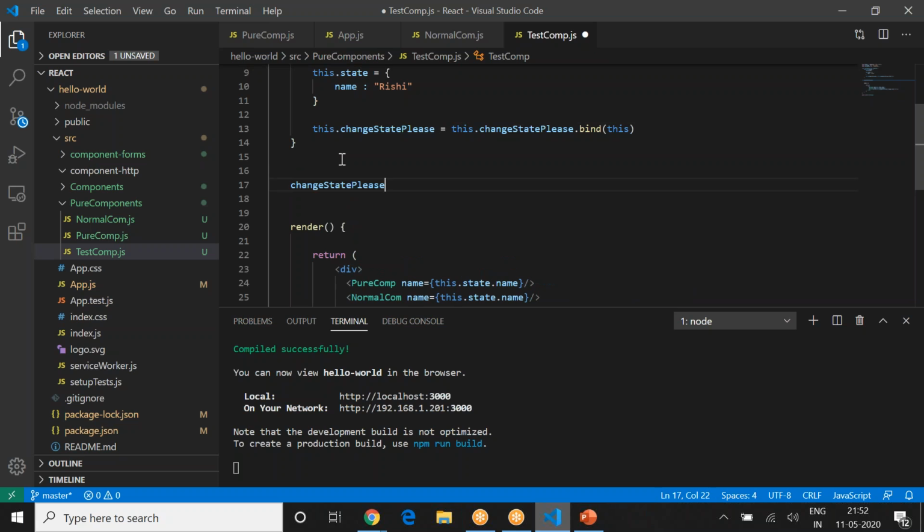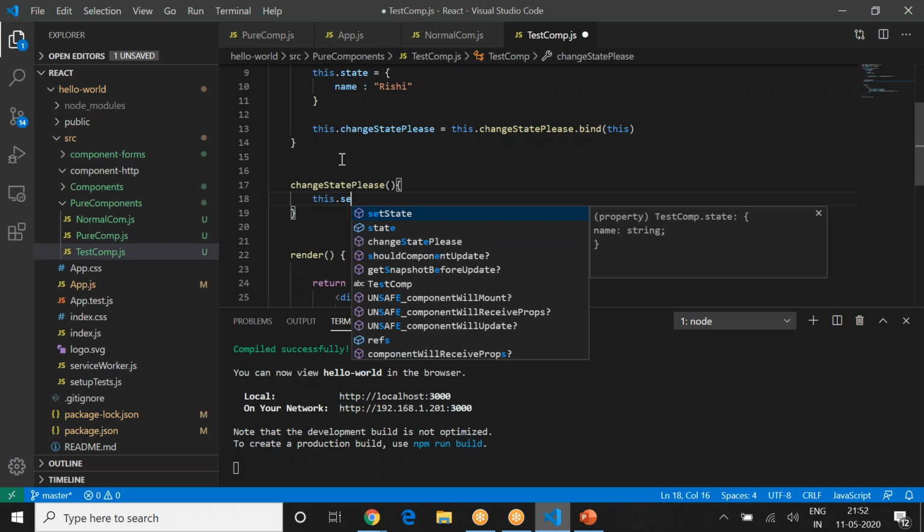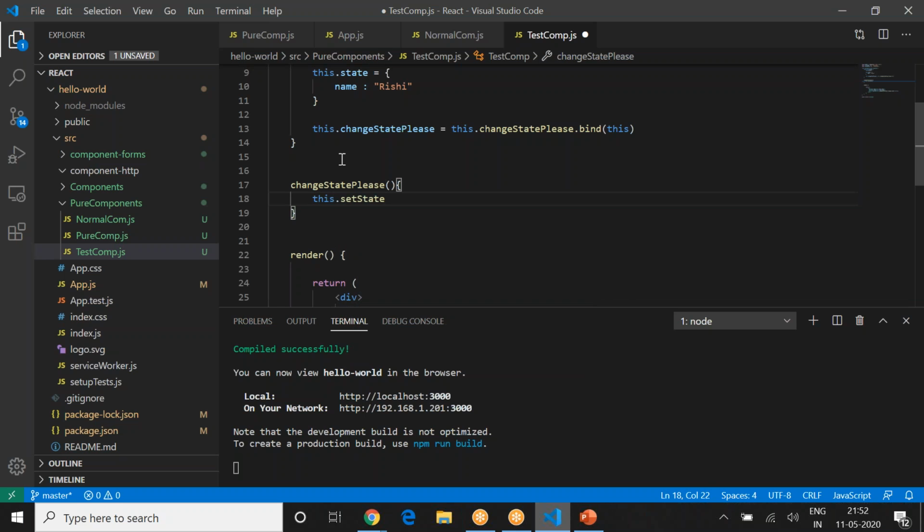So now have that method changeState, and here you will actually change the state, so this.setState, and then here you will have a new state. Now I'll keep the state as it is. I'll actually not change it, cool with that?